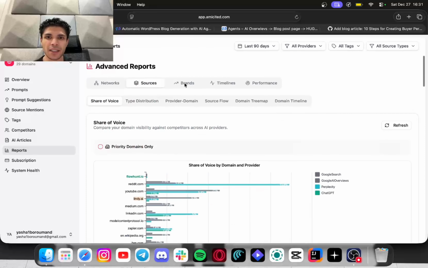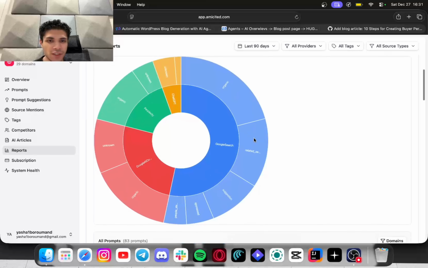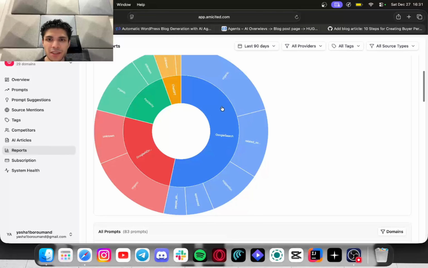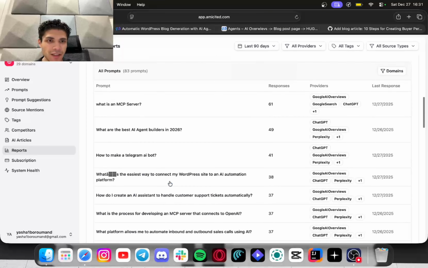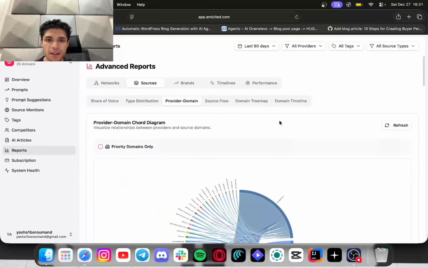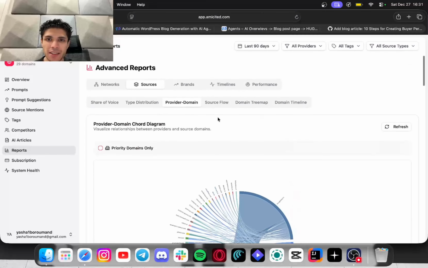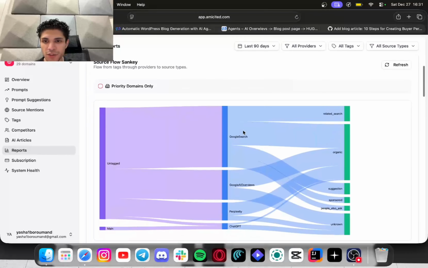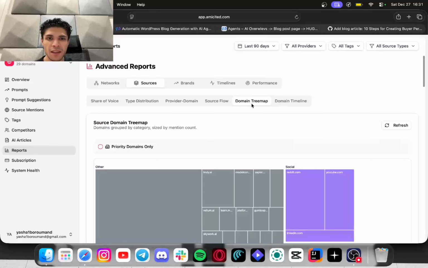And so on. There's type distribution of different AI providers and their organic use. There's provider per domain, the source flows. So these are the different tags that I have, and whether those tags are actually getting ranked more in Perplexity or ChatGPT or similar.